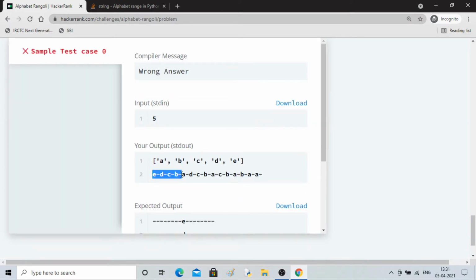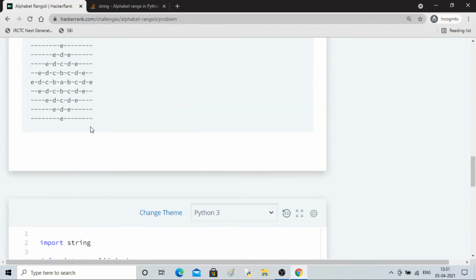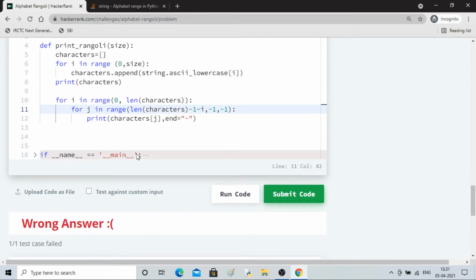So edcba, then dcba, cba, ba, a. Okay, edcba, oh, we have to remove from the right side. Okay, so minus